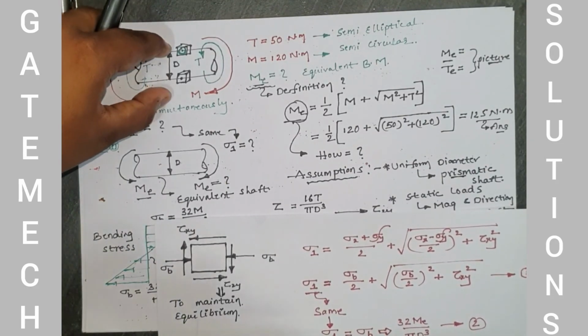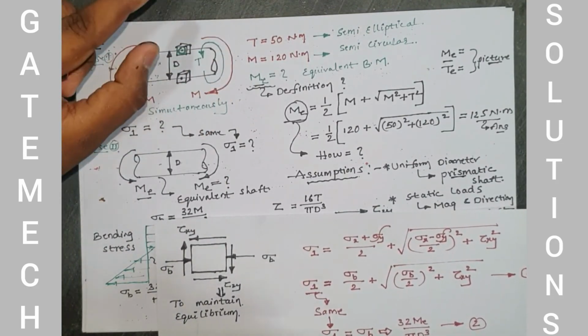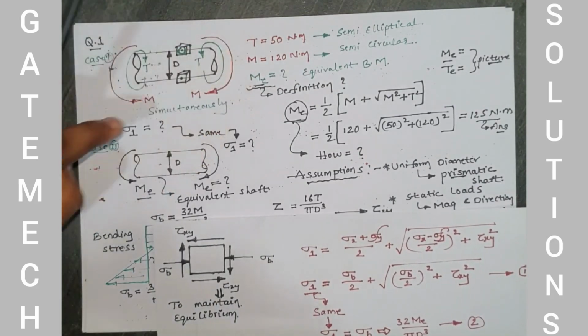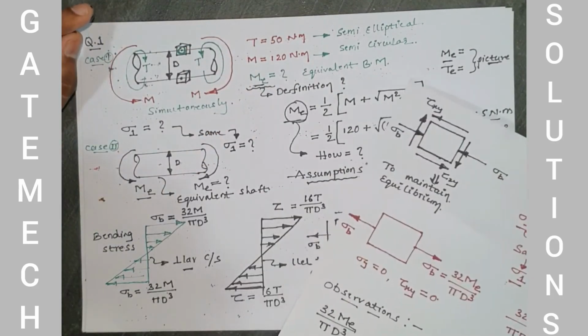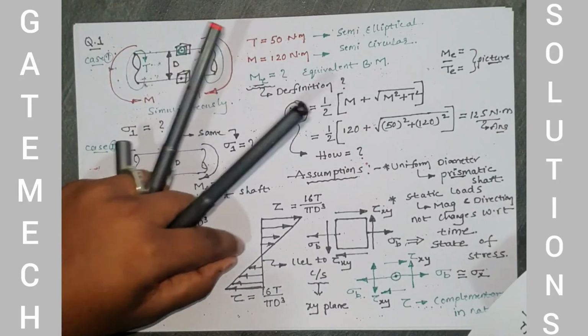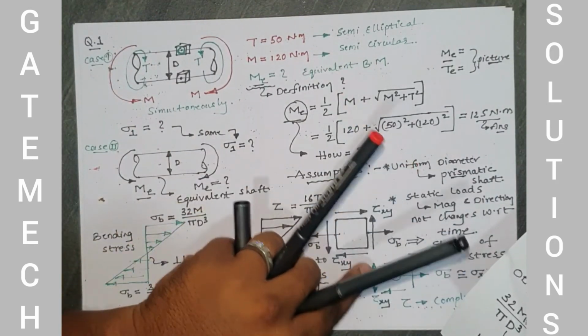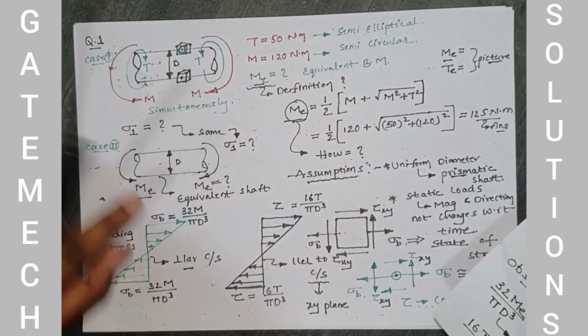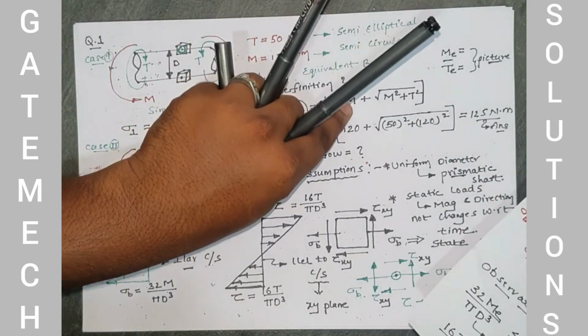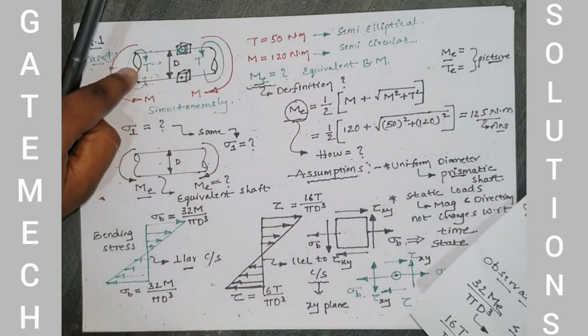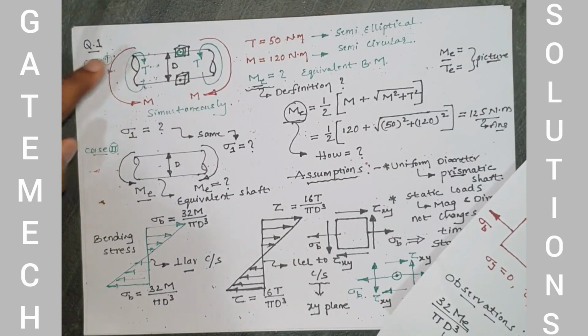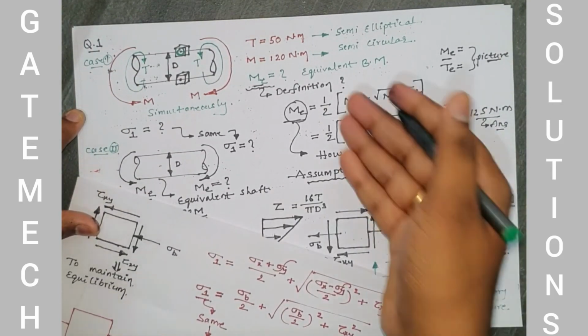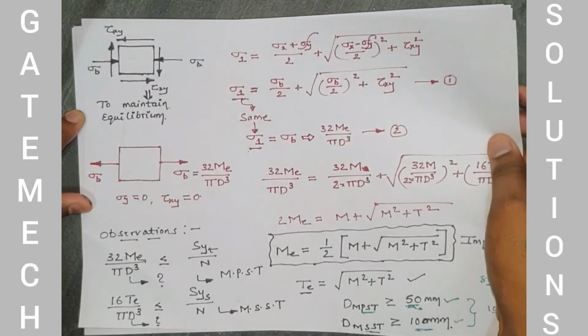So whenever the shaft is subjected to bending moment and twisting moment, there will be the concept of ME and TE. These are the bending stress distribution and shear stress distribution. Then how to draw the state of stress, that also you need to know. These are the assumptions I considered just for this problem. If you are able to remember this formula, directly you can calculate this value. Similarly, there are GATE questions and engineering services questions also. But in this analysis I have discussed how this formula came. So this is the total derivation for that formula.